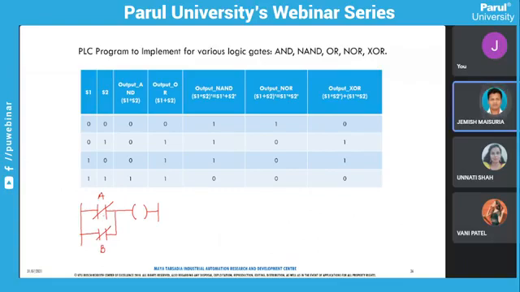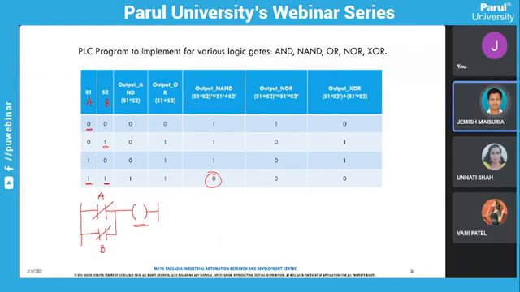So when it is not actuated, S1, S2, you can provide AB. When it is not actuated, it will provide the signal to this particular coil, so it will be operated. So with both 0, you will get the signal from both the switches. If any one switch is 1, that means it will be open, but you will still get the input from the other switch. And when both switches are actuated, both switches will be open circuited and no current will flow into the output coil. So your output will be 0.